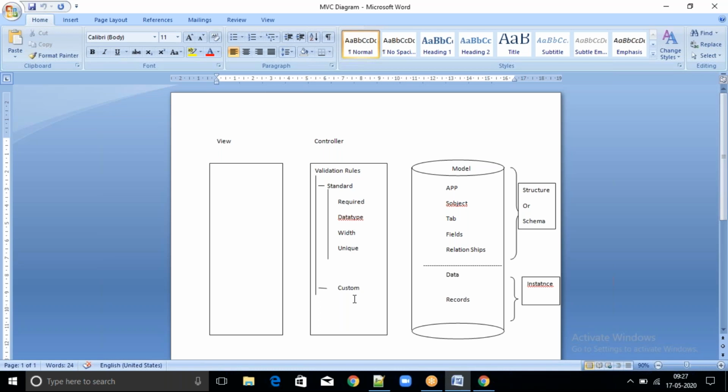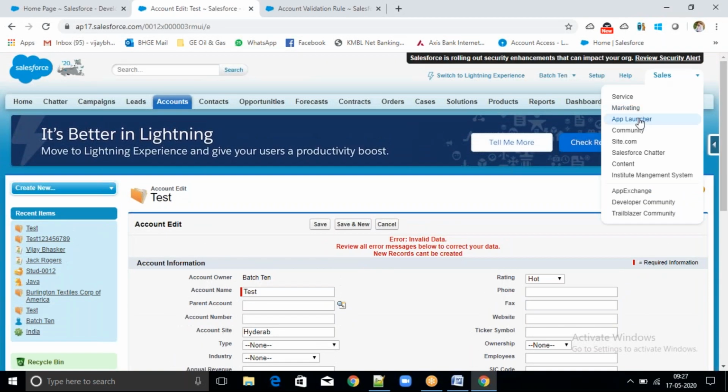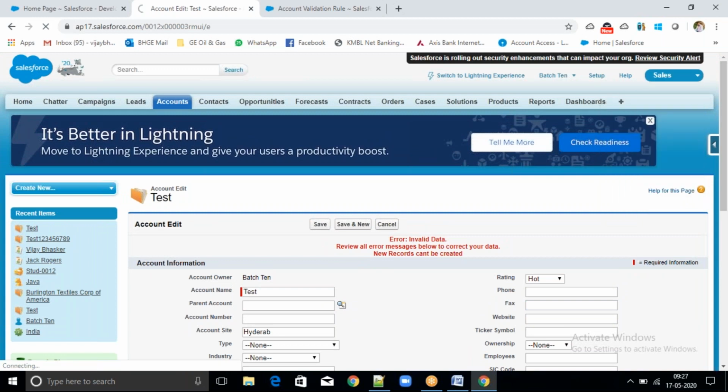So whatever standard logic Salesforce provides and whatever custom validations we write, everything comes under backend logic, and that comes under controller. It means it will control. Are you clear about model, view, and controller? Yes, sir.